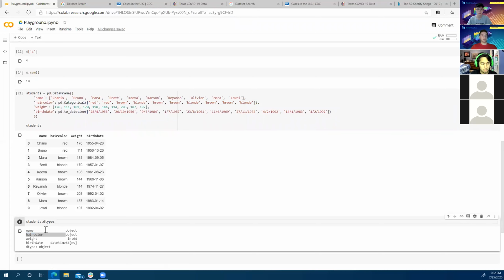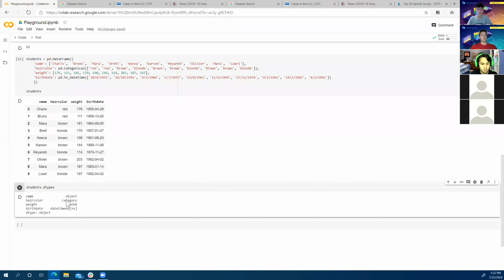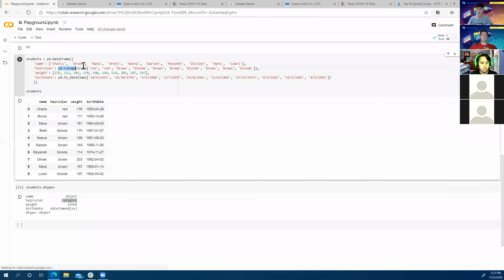If I run this again with it, we can see that instead of being considered objects, they're now interpreted as a category type. And there's a bunch of cool functions that you can perform on a category type object as opposed to a regular object. So this line here tells us to construct a column of category type objects instead of just regular strings. Does that answer your question?